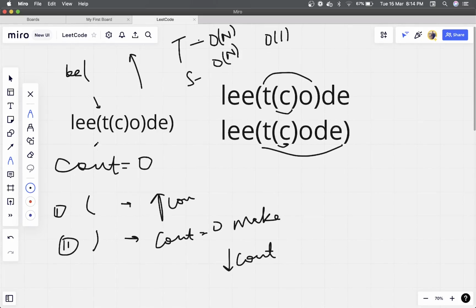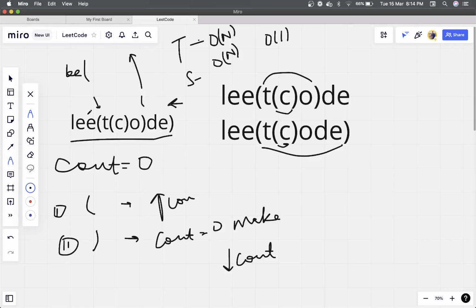After traversing the whole string, we traverse the string in reverse. Whenever we see an opening parenthesis and our count is greater than 0, we mark it as a special character.